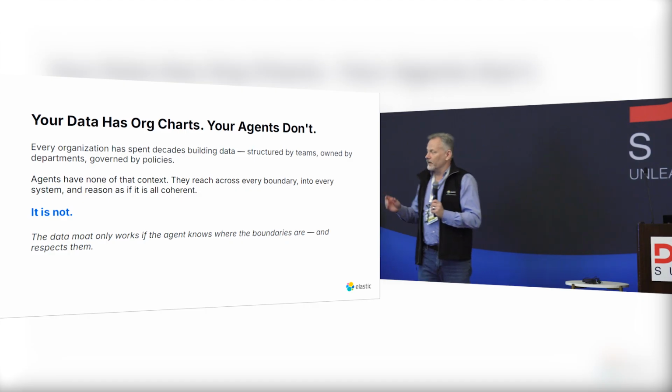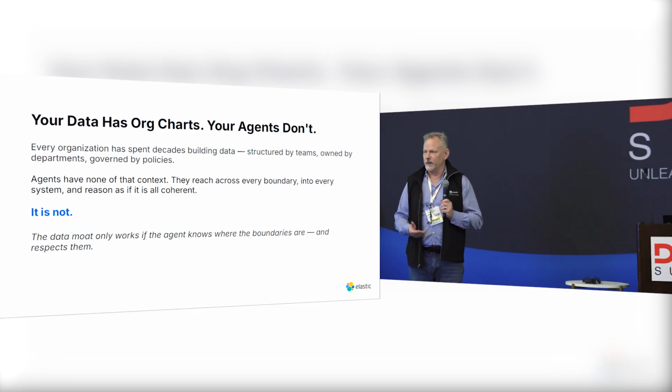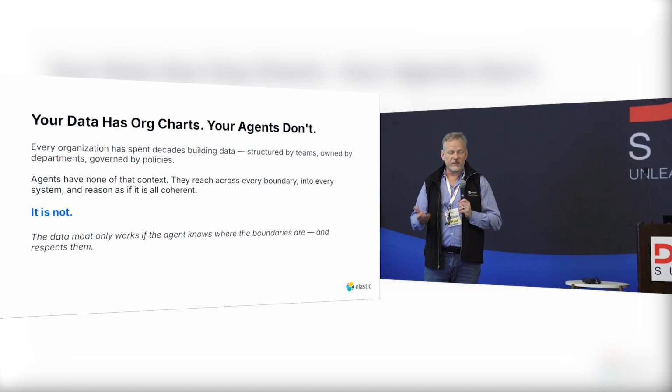Now with agentic purposes, the semantic consistency is more important than ever. Knowing that when you ask a question, whether you're in one department or another, you're going to get the same type of answer about the same context. Building that consistency, pushing that envelope, is going to be more important than ever.